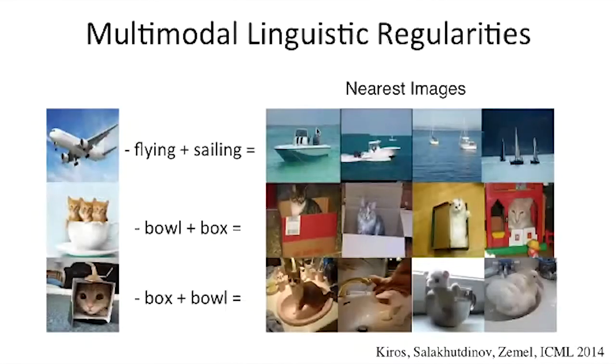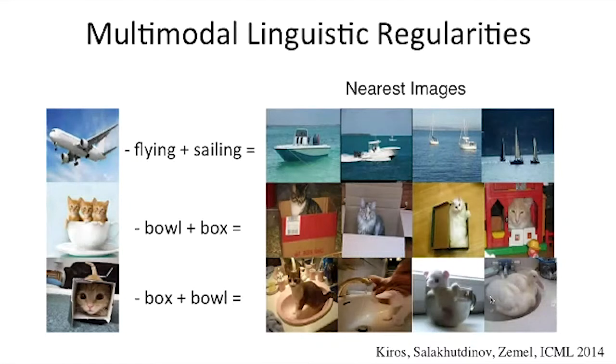And this is what the multimodal linguistic regularities might look like. If I have an image, I project it to the semantic space, so I extract its 500 dimensional features. I take the word flying, and again, I extract its 500 dimensional features. So I subtract flying, I add sailing, and I look at the nearest neighbors, and I get sailing boats. Or if I take these kittens and I say minus ball plus box, I get kittens in the box. Or I have a kitten in the box, and when I say minus box plus ball, I get kittens in the ball, right? So this was one example. It doesn't work perfectly on every single concept, but it does capture a lot of regularities and understanding